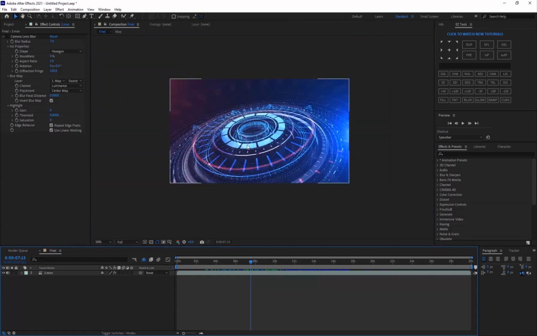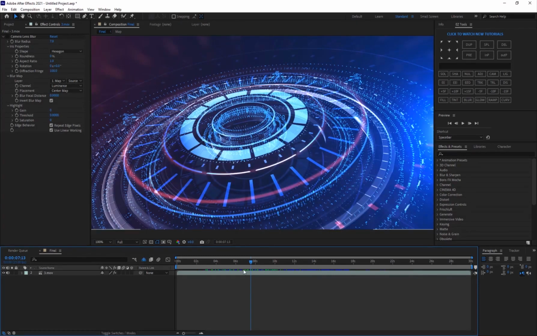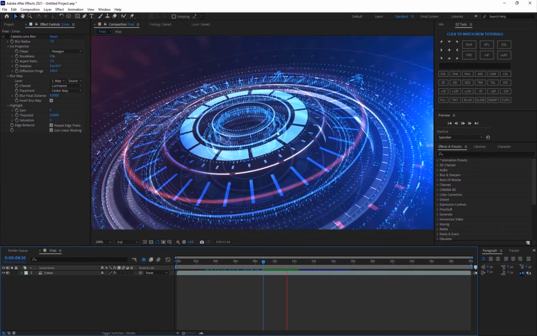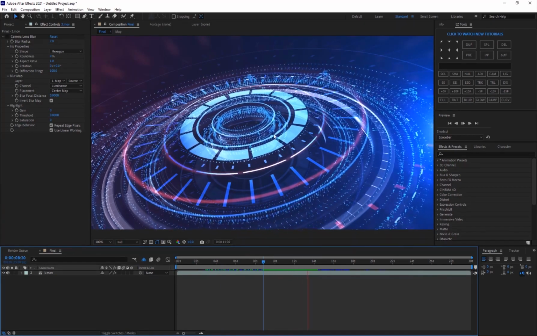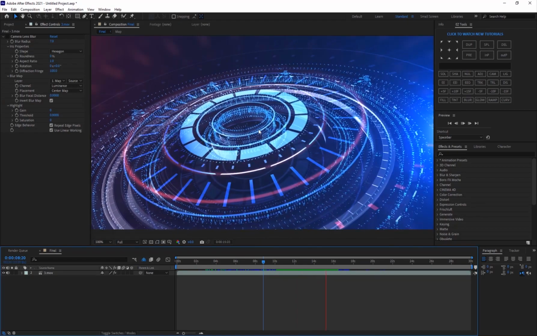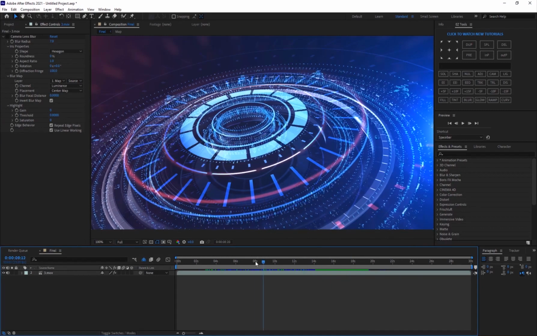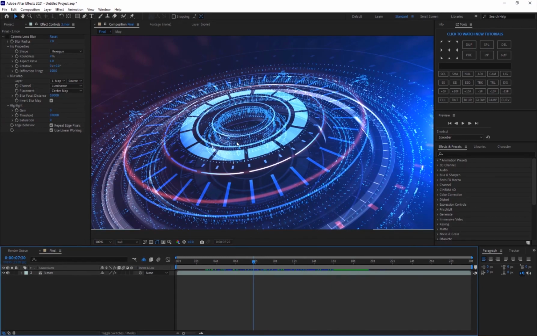Alright, so this is the effect that we're going to be creating. As you can see, it's got a lot of detail. This very cool looking high-tech sort of design, which you can use for news backgrounds and technology videos and stuff like that. I didn't turn on depth of field because this was actually 4K and it